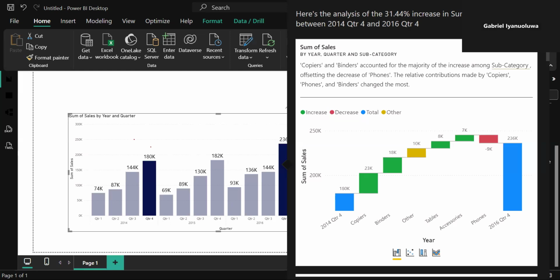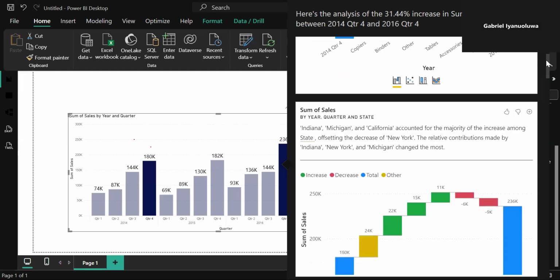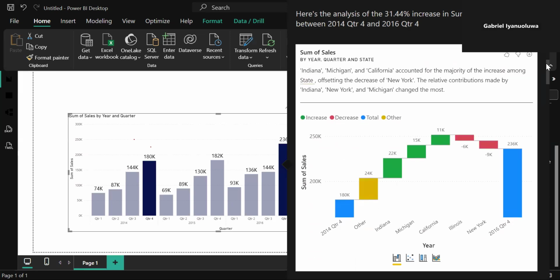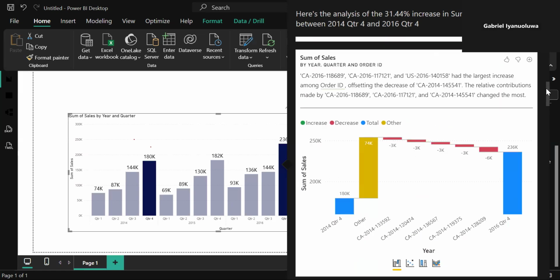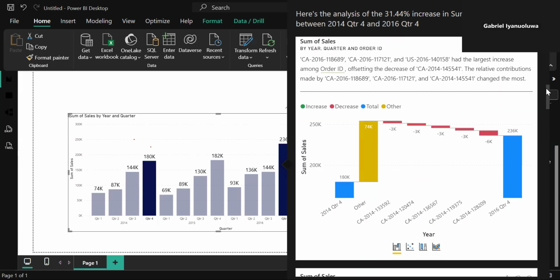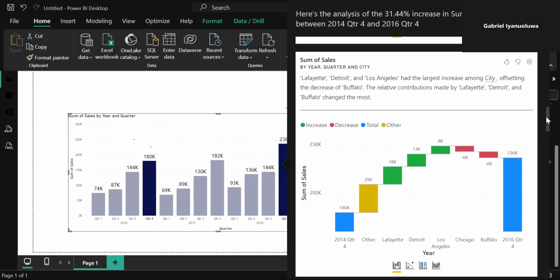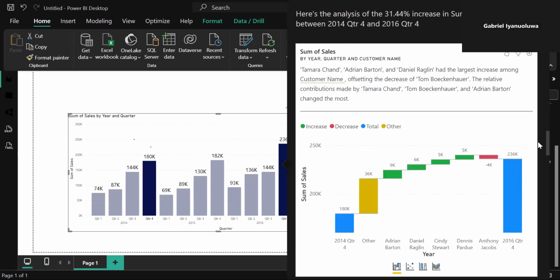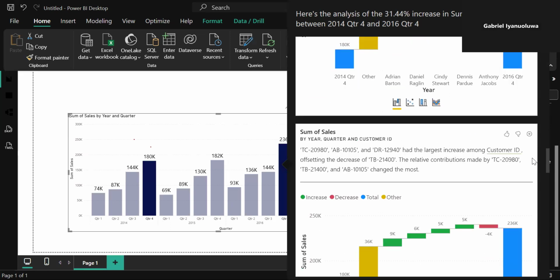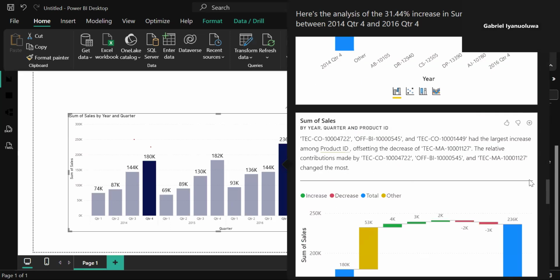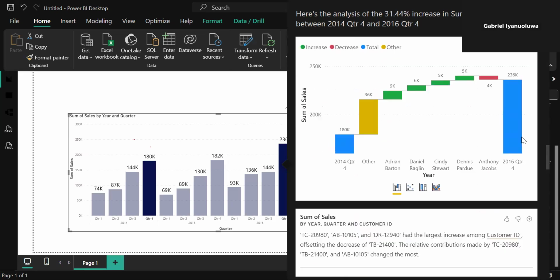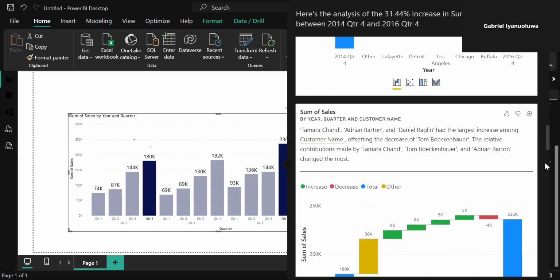So just click on those columns, then you work with them and see how it works. By state is showing up that between those quarters, states contributed well, and also other IDs contributed well. This is by city, this is by customer ID, and all that. Now, funny enough, if you look for instance at this customer name, if you love those visuals,